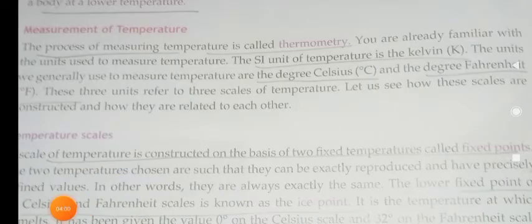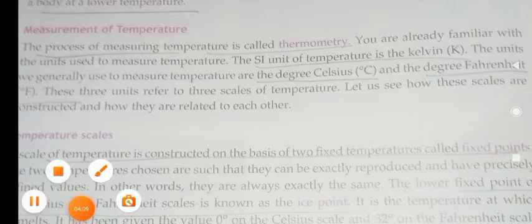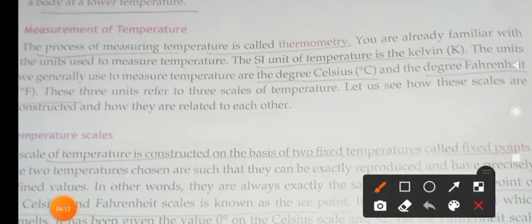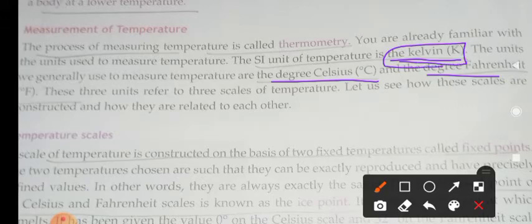So like heat is measured in calories and joule. The SI unit of heat is joule, no? For temperature, the SI unit of temperature is Kelvin. Capital K is the symbol. SI unit is Kelvin, capital K. And there are some other traditional units also used. They are degree Celsius, degree Fahrenheit, etc. These three scales are used to measure the temperature of bodies, and among the three, Kelvin is the SI unit.